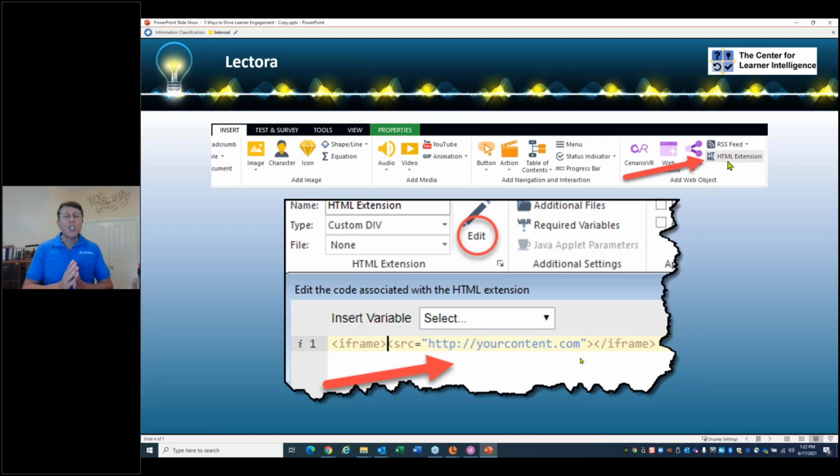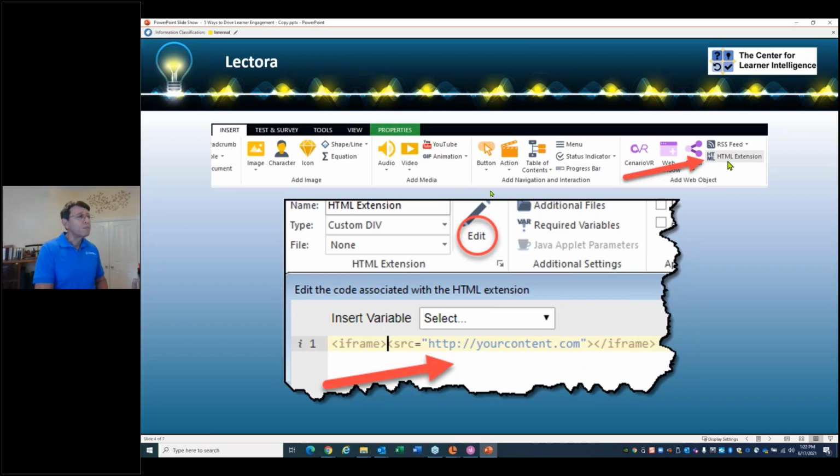And the Jitsi and some of the other programs I'm showing you actually lets you create the iframe embed code to put in. So basically, I go to my Jitsi site, I copy the embed code, I paste it in here, and it is done.